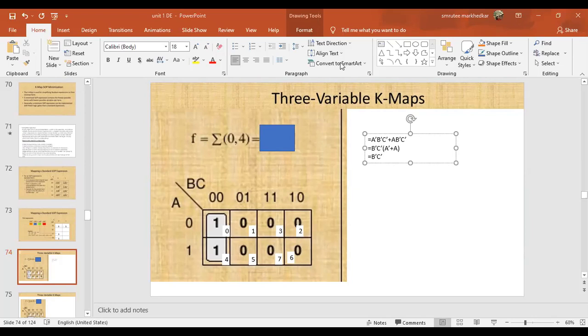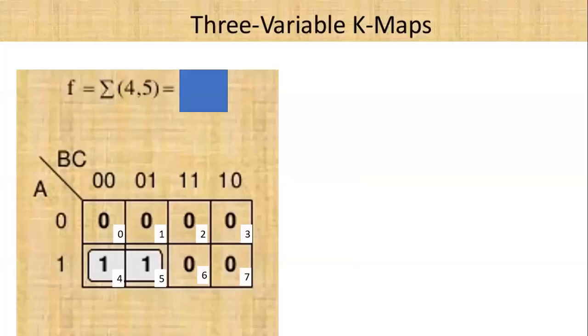If you are solving it with a Boolean expression, you should mention it here as: we got this because we know that A bar plus A is equal to 1. Now, this is one way of solving. So if you see the answer here, you will find the answer that we have got is